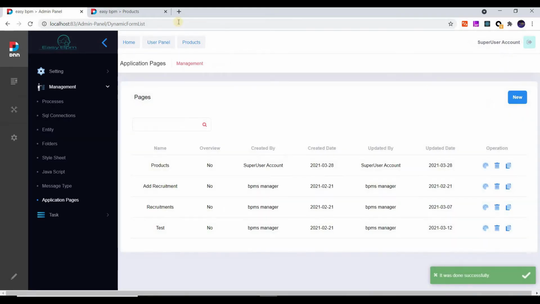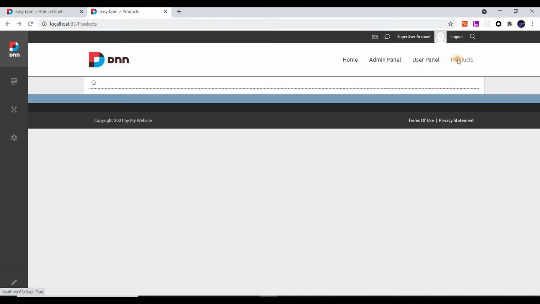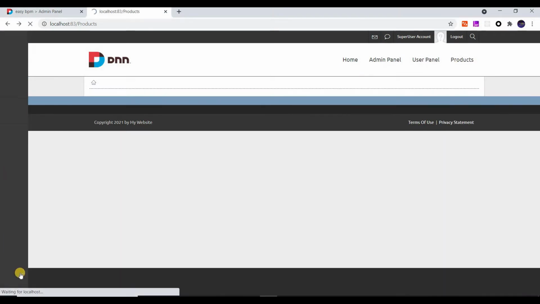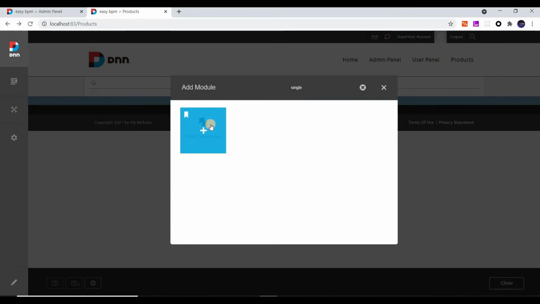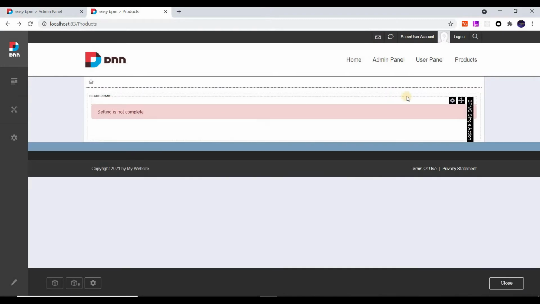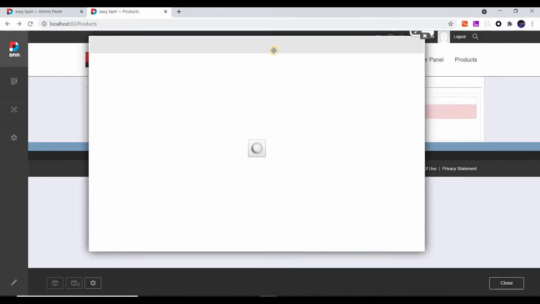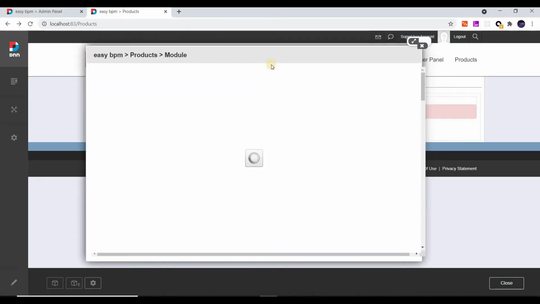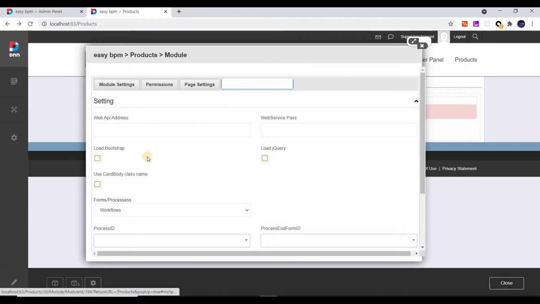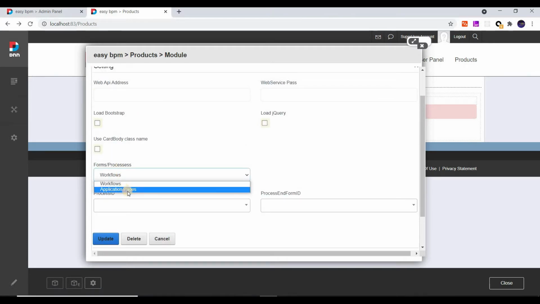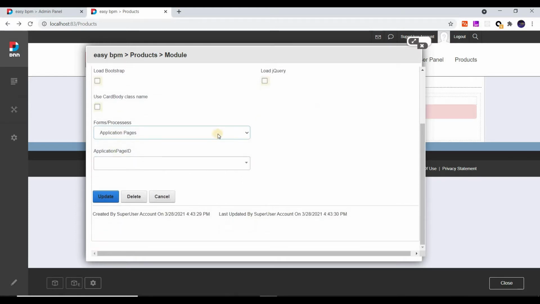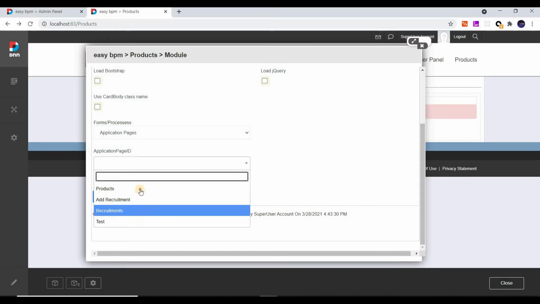So I go to the products page inside DNN. I will add a single action module to this page. As you can see, setting is not complete, so I go to the setting of the module, and I go to the last tab, so I can select between workflows and application pages, which is forms, so global forms. So I will select the products page,